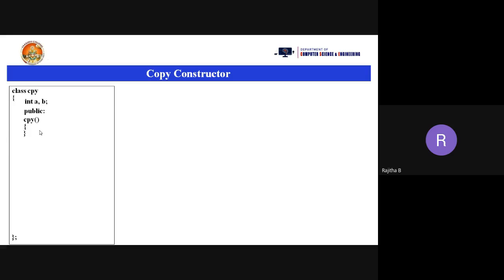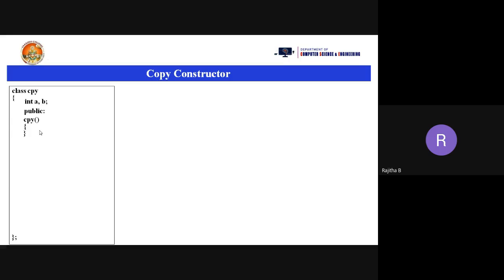Yes, good. It is a default constructor. And is it a user-defined default constructor or a system-defined default constructor? Yes, Lakshmi Prasanna, good. It is a user-defined default constructor. Why? Because we are writing the constructor in the program, so it is called a user-defined default constructor.